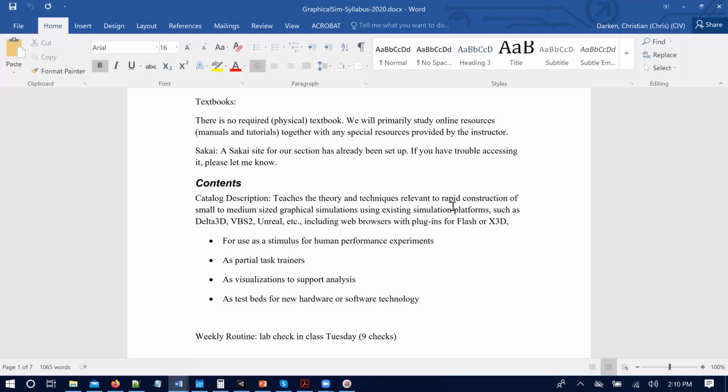But in some ways that's even worse, right? You have to understand this big thing that was built by a company or by your predecessors in MOVES. So that was really the rationale.